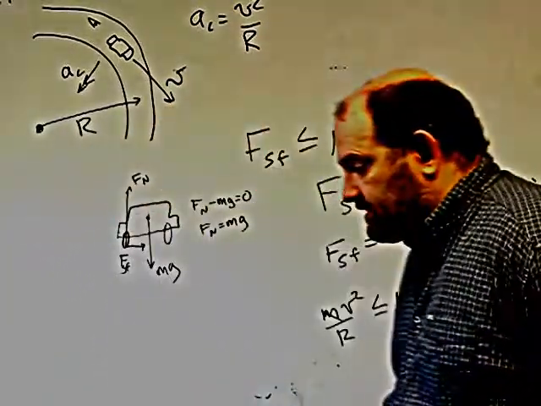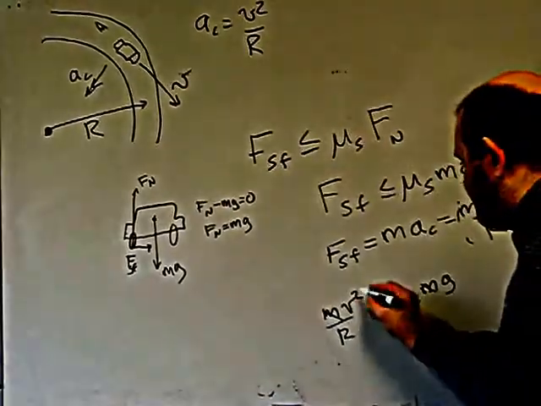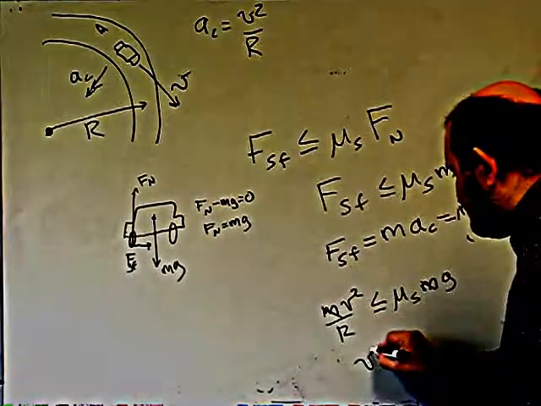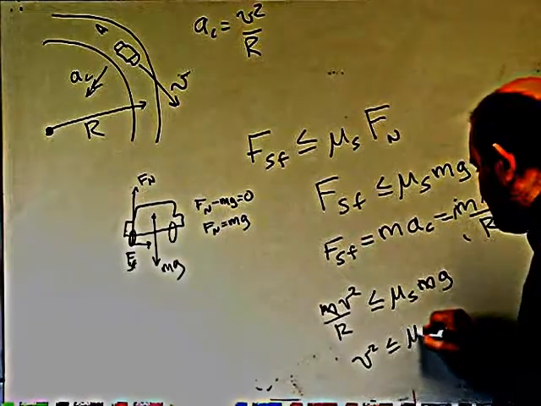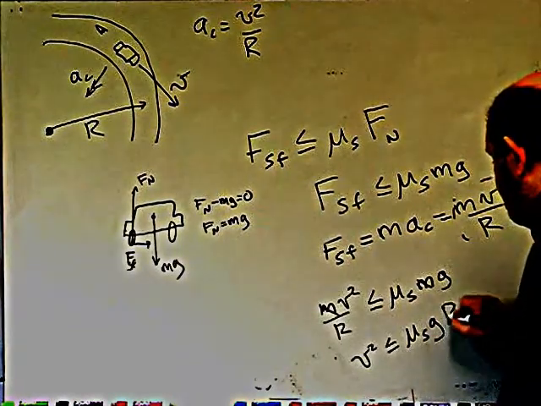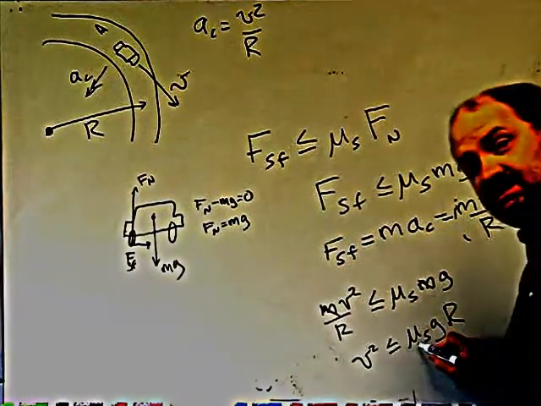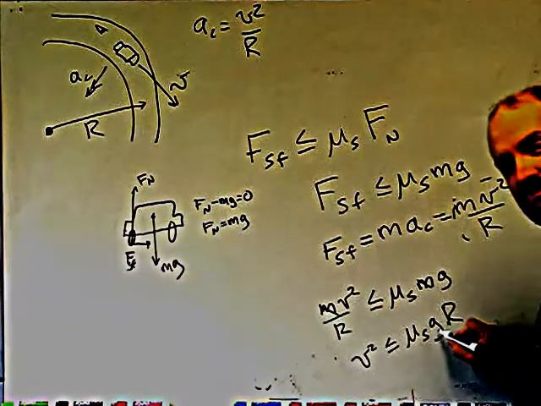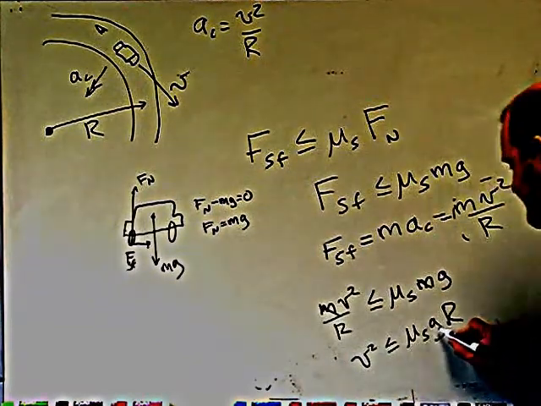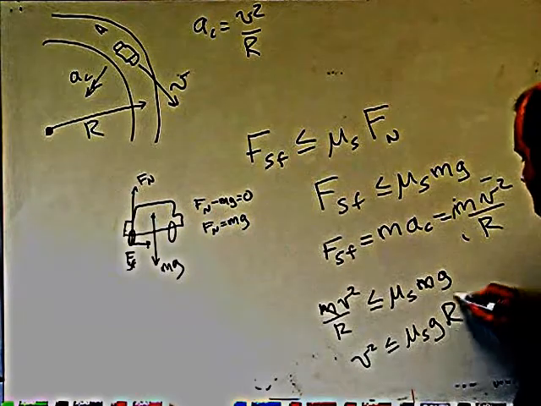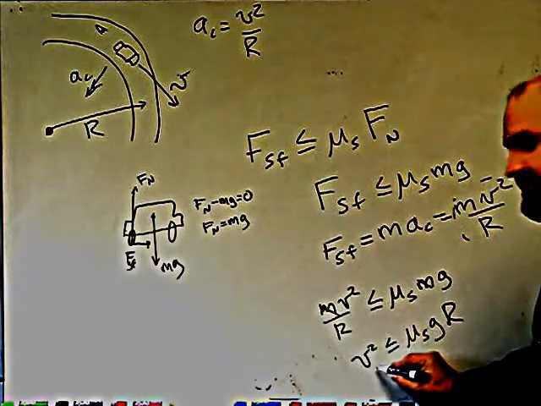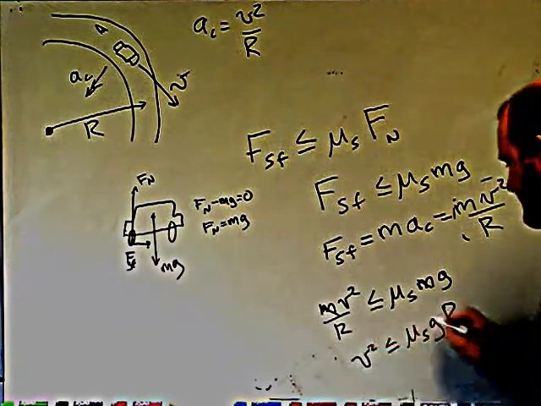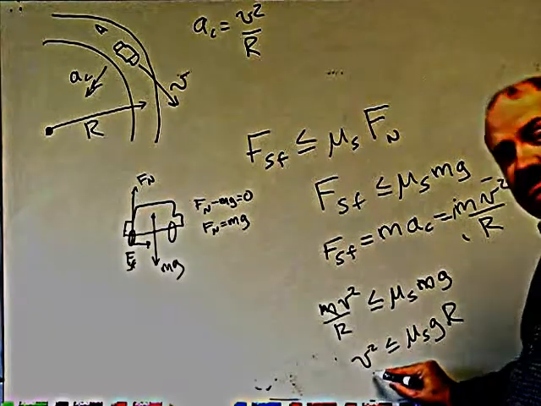Now the question is, the slower you have to go in order to complete the turn successfully, the tighter the turn. So let's just solve this for v and see what it says. v squared has to be less than mu s times g times r. So for a given coefficient of static friction, a given strength of gravity, which is what it is on Earth, the smaller r is, the smaller v has to be. Take a square root of both sides, and you will have the maximum speed